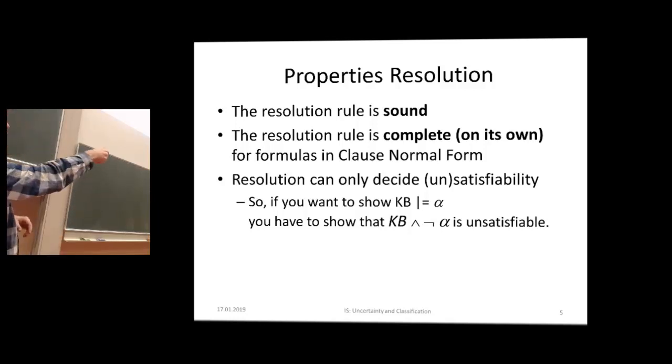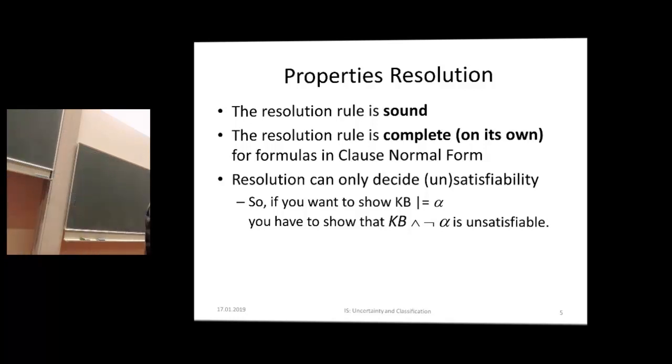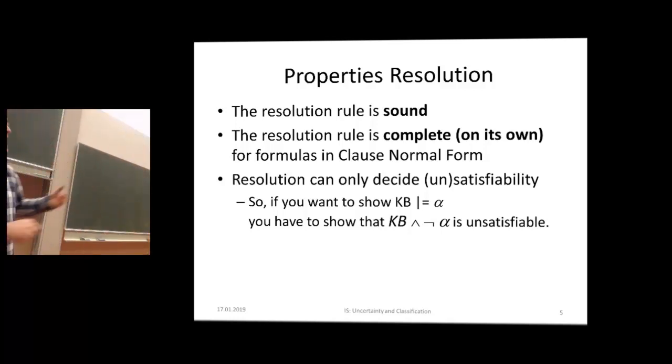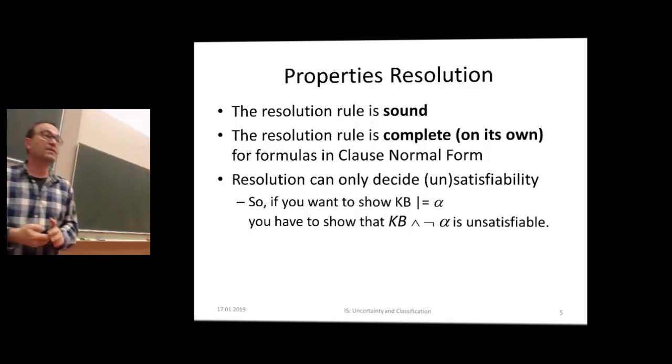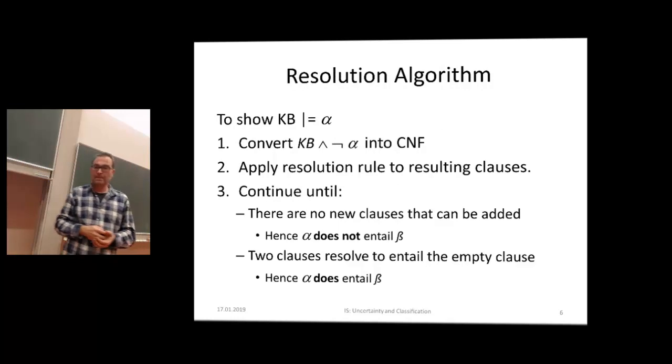Of course, we can apply the trick again of adding the negated conclusion that we want to prove, and then we have our proof by refutation again, and so we can show entailment as well, applying this rewrite first. So the resolution algorithm that you usually apply is as follows. If you want to prove entailment, you convert it into a conjunction of the knowledge base plus the negated assumption,